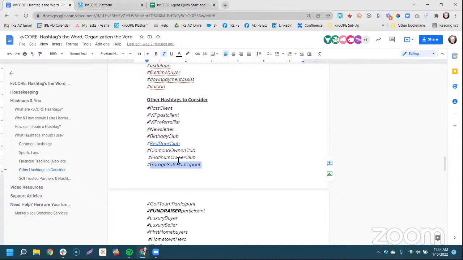So you can think about how you refer to these people, like the Red Door Club, people who paid off their mortgage. And you could even probably think of a way to create some type of a mortgage people, maybe 3 to 5 years down the line. Maybe they're going to be potential refi people that you work with your lender on, potential refi business for them to keep them in the relationship with your lender and yourself, right?